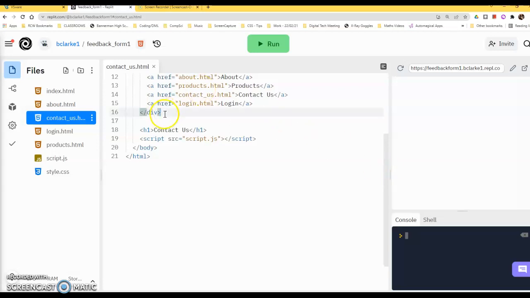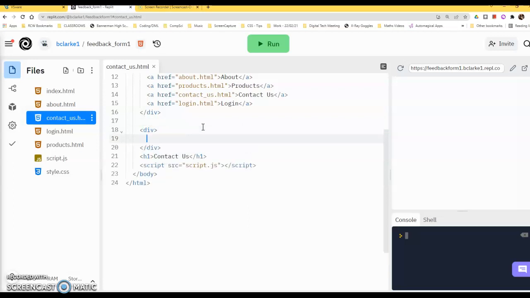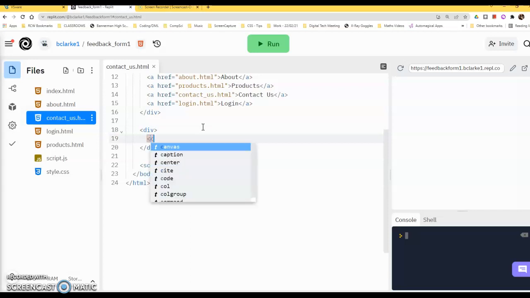To start setting up this page, maybe we should just tidy this up a little bit here and put in a div. Again, you can do your own thing here. Now this is only just me off the cuff, putting in a few different bits. I'm going to put in a center tag,